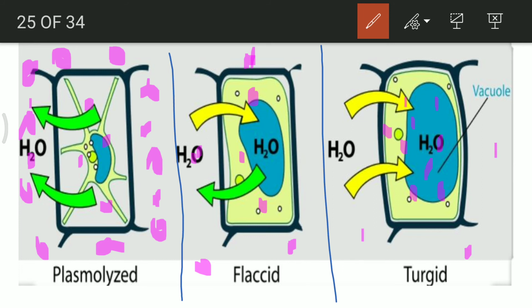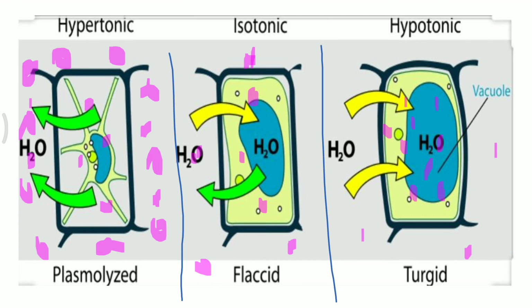this is the condition. Now the idea is again the same. The movement of water molecules takes place. You will count the number of dots inside the cell, because that is the concentration of solute particles, and outside the cell as well. So if we see the first structure, the hypertonic one, you will see that inside the cell there are 1 2 3 4 dots, whereas if we count outside, there are a lot of dots, maybe 7, 8 or 10. The water molecules will move from higher concentration of water molecules to lower concentration, and the blue dots are representative of solute.